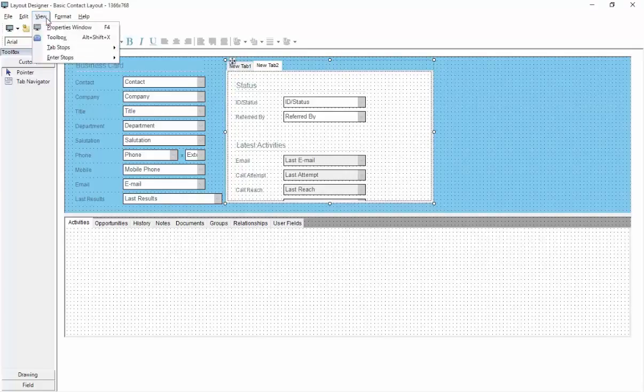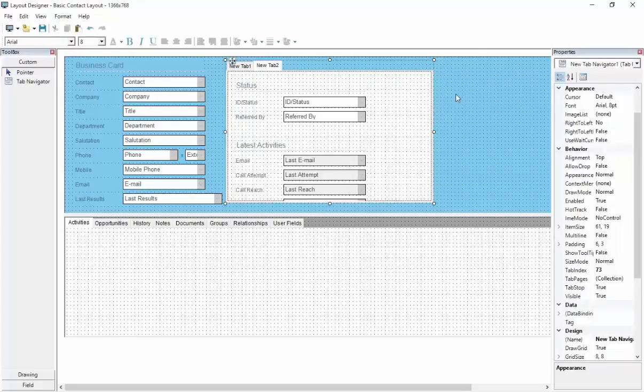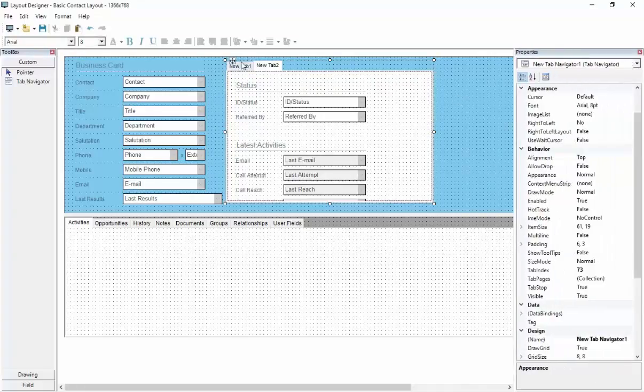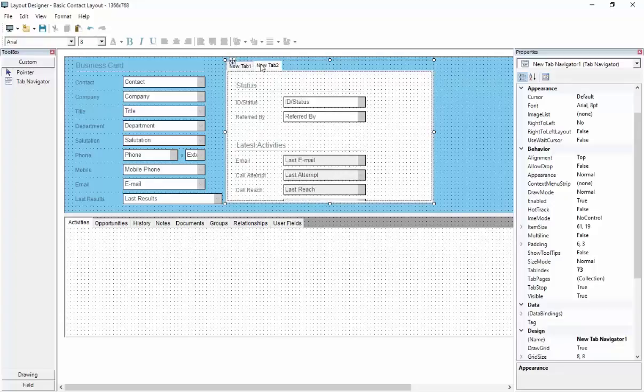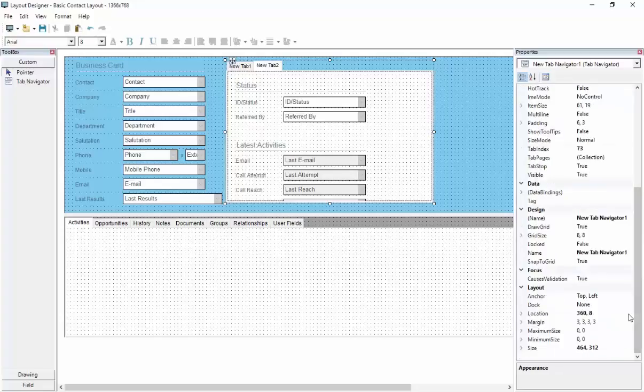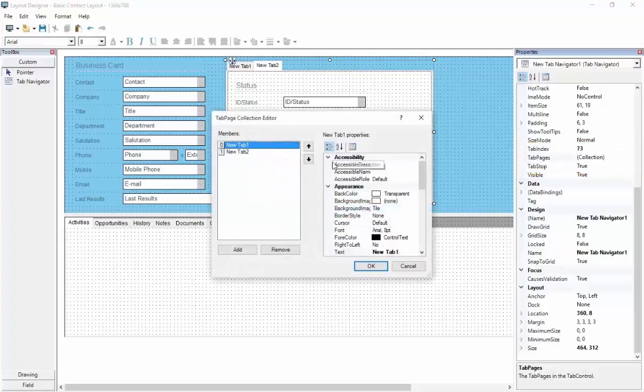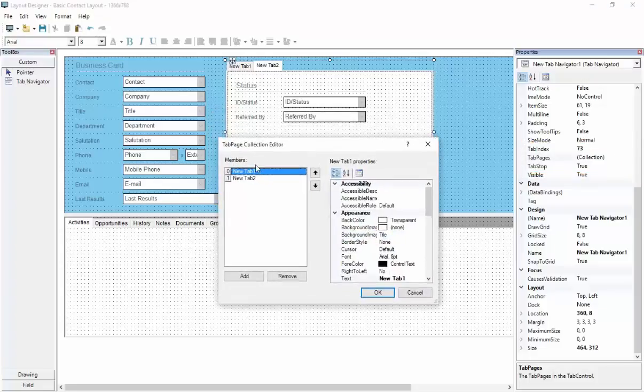So if we go to the View menu, go to the Properties window. That brings forward the properties of the tab, which is selected. So I can now come into the tab navigator and come down to click on this button, and it opens up the editor for our tab pages, and it says text tab page 1. So I'm going to call this